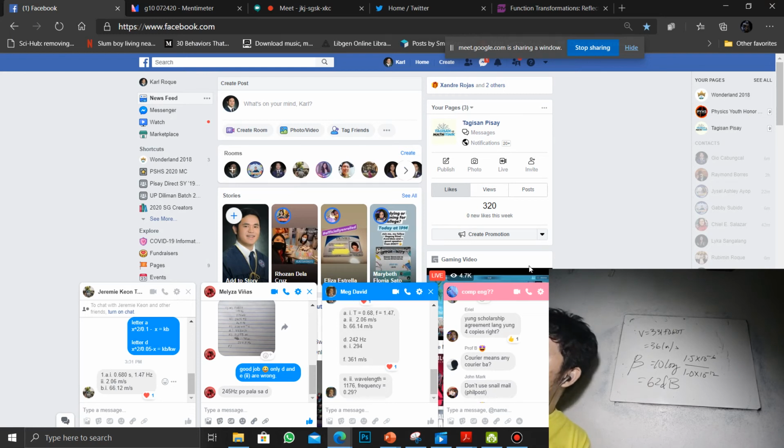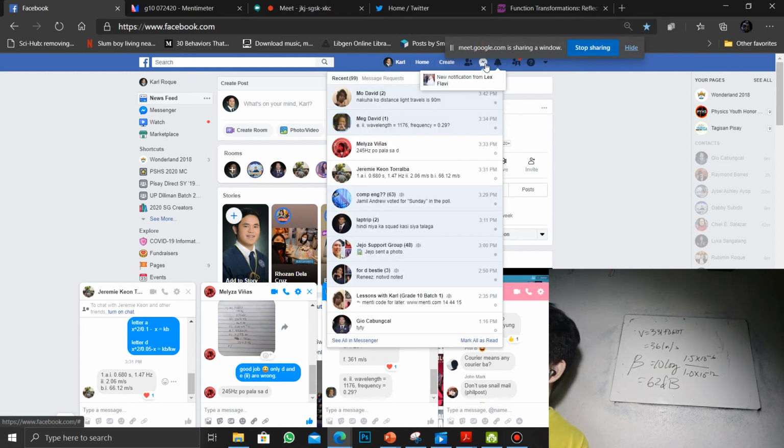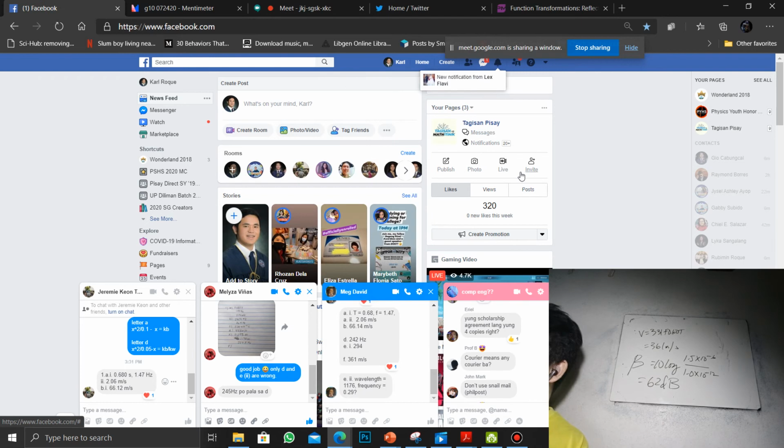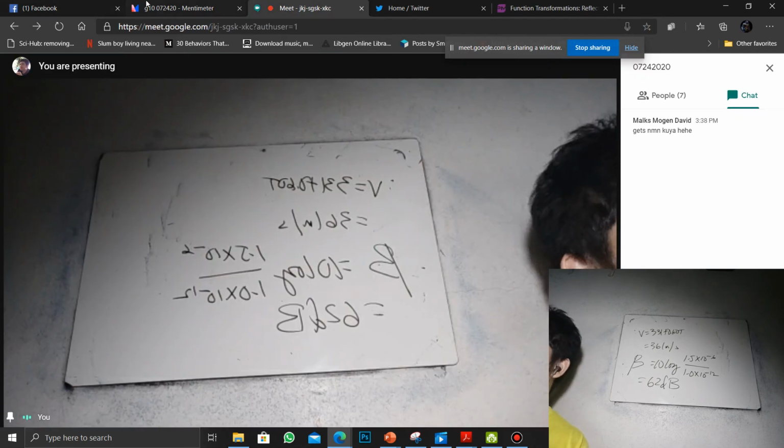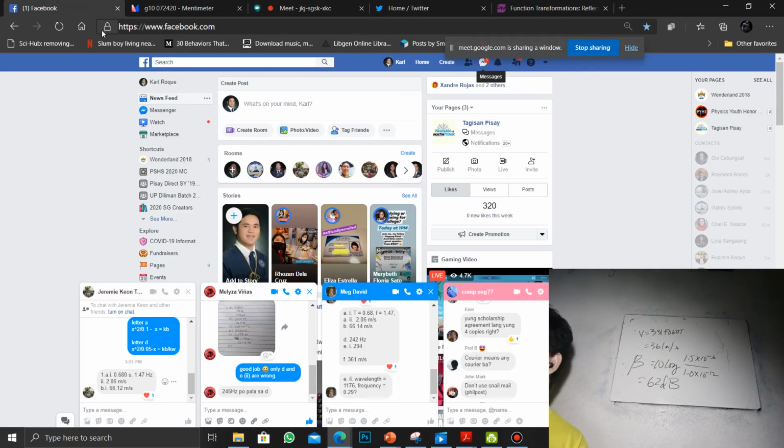Posible ba yung 3A? Ano nga yan eh? Kasi wala na akong makitang nakuha ko. Distance light travels is 90 meters in total. Yes, tapos? What else? Sige, baka half of it is 45. So,